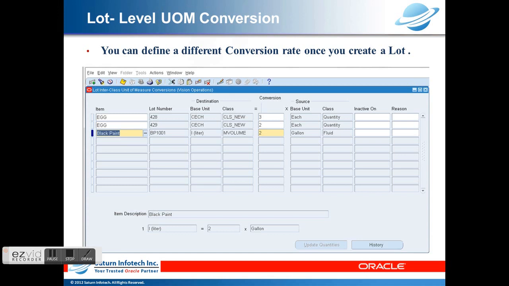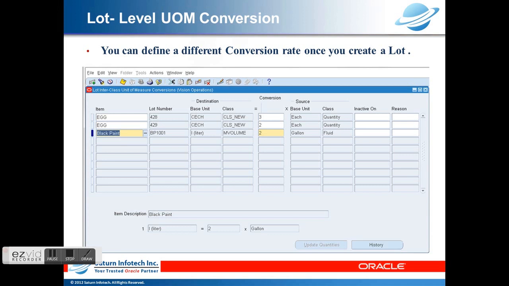Okay, lot level UOM conversion. As you know earlier, UOM conversion can be done at the item level. You can specifically do the unit of measure conversion at the lot level. If your item is using multiple units of measure like primary and secondary, and tracking has been set up at primary and secondary at the item level, we can use a lot specific UOM conversion. So in this case, especially due to certain business scenarios,